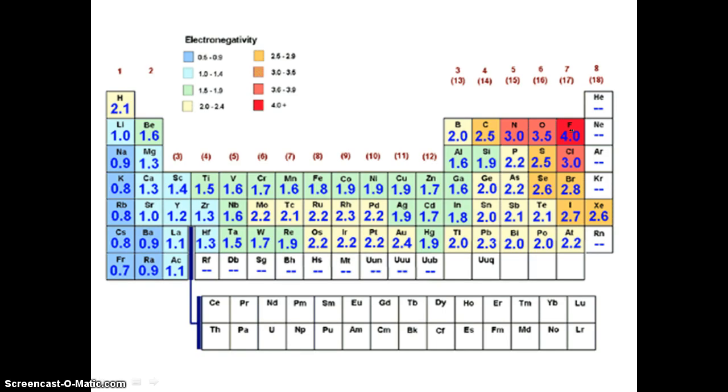Now here you can see actual values of electronegativities, and you can see fluorine is the most electronegative with an electronegativity value of 4.0, so that's the highest you'll see. Basically, again, it's how badly do they want electrons. Fluorine really wants an electron. Fluorine's desperate. Francium, on the other end, way down here on